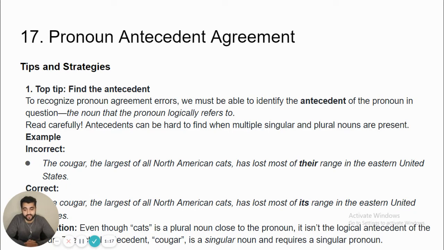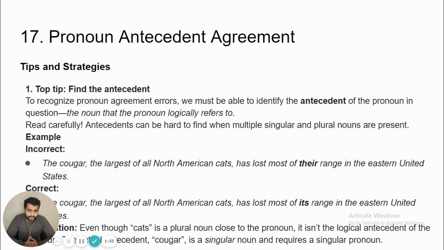Number 1, find the antecedent. To recognize pronoun agreement errors, we must be able to identify the antecedent of the pronoun in question, the noun that the pronoun logically refers to. Read carefully. The antecedents can be hard to find when multiple singular and plural nouns are present. For example, the cougar, the largest of all North American cats, has lost most of their range in the eastern United States. Now, there is a pronoun that is used, and that means that it is replacing a plural